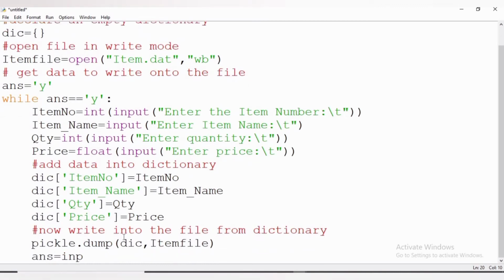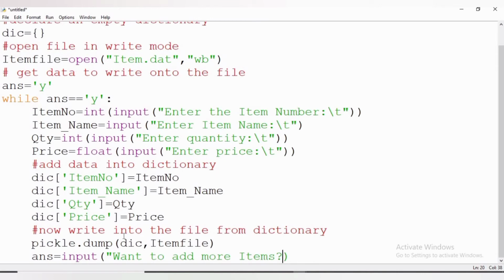Now we are getting an answer from the user whether he wants to continue. To add data in the file, if he gives Y, then he can add data in the file. If he presses N, then no data will be entered. The execution will stop.